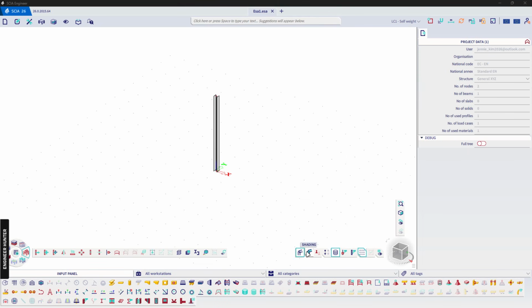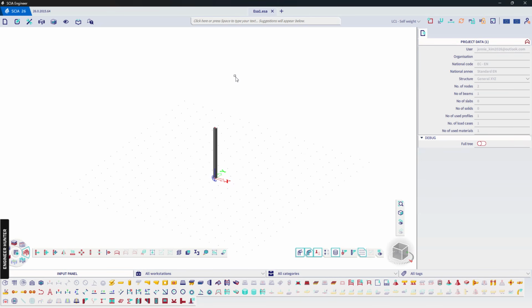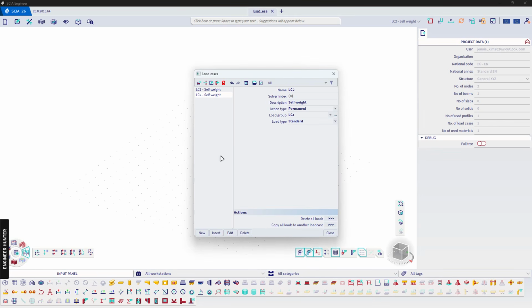Now we have the column here. We can apply the fixed support, and next we can create one more load case. We call this line,